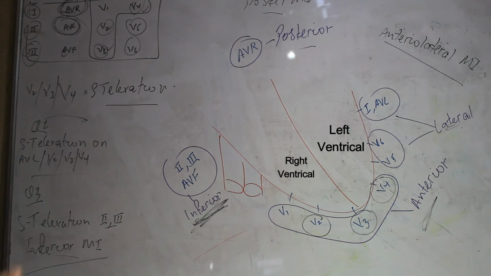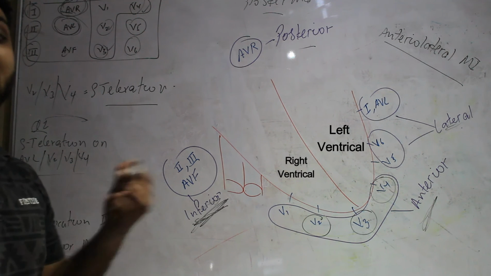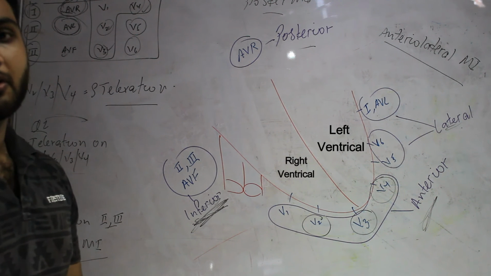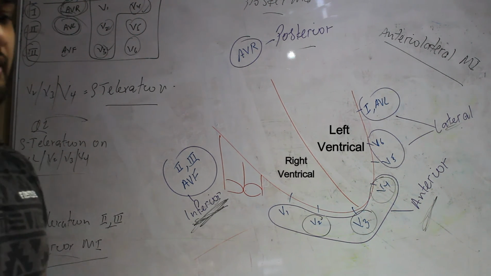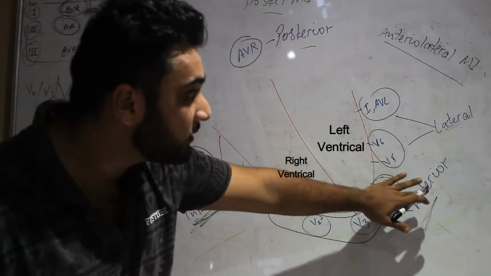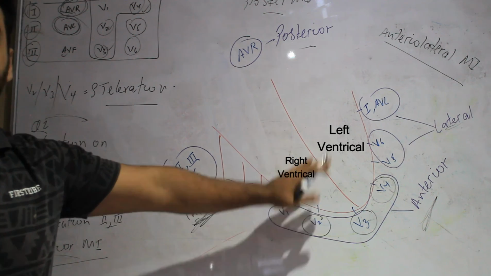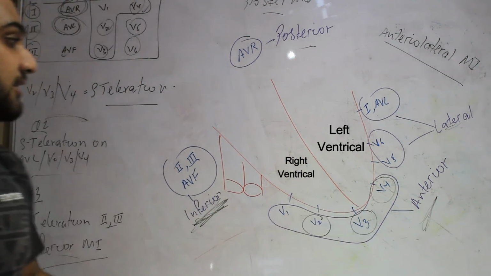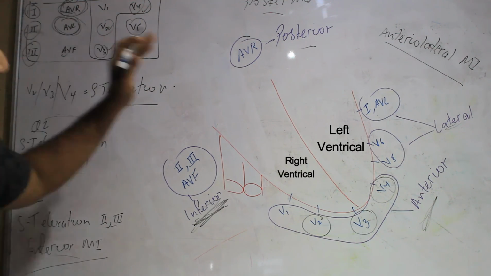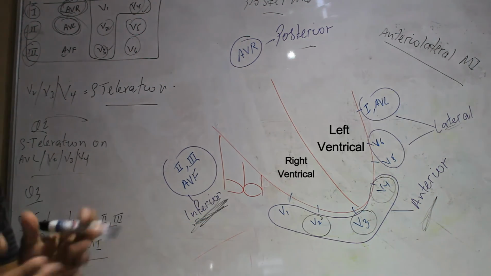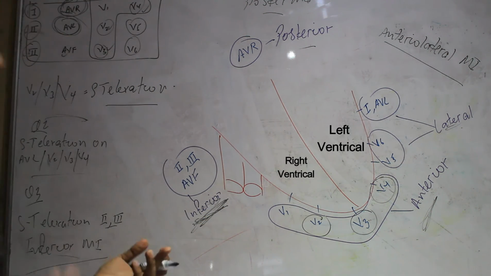So that is how you work out where the leads are. You just have to be quick to see your ST elevations. You just have to be able to recognize them very quickly. That is how you get marked with Dr. Singh. You just click the raise your hands button, and then you look at your ST elevations, and then you use this diagram. You can screenshot this diagram or draw it on a piece of paper when you're having class tomorrow, and then you look at this diagram, which leads show your ST elevation. Correlate those leads to the parts of the heart, anterior, lateral, posterior, or inferior, and then join the two words together if you have more than a few leads with ST